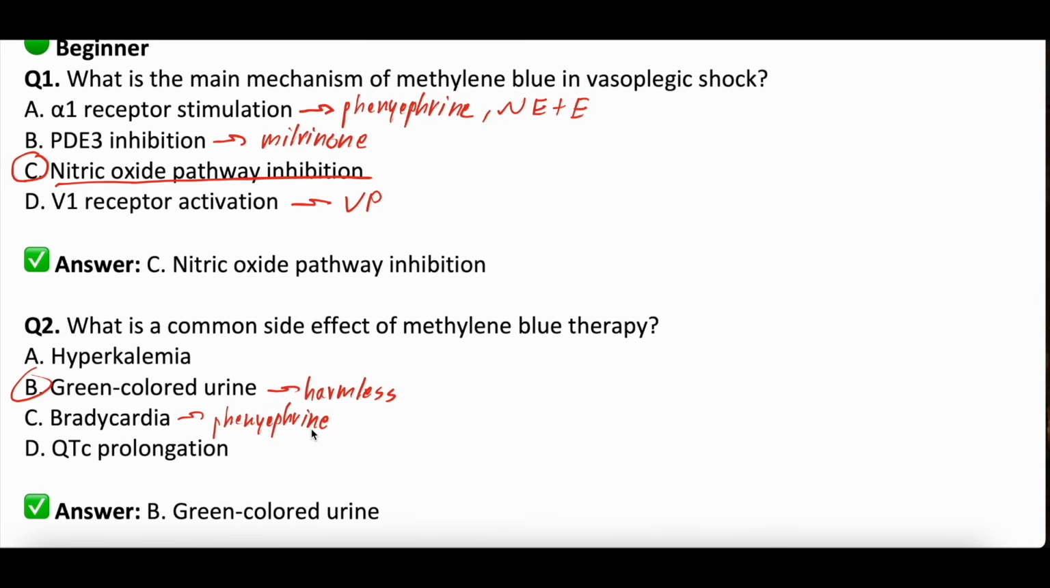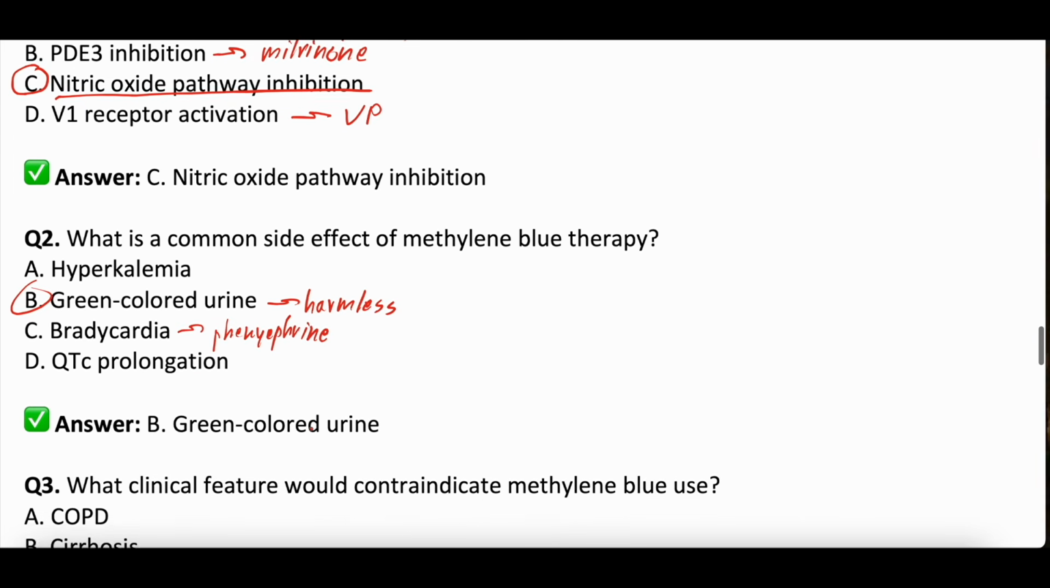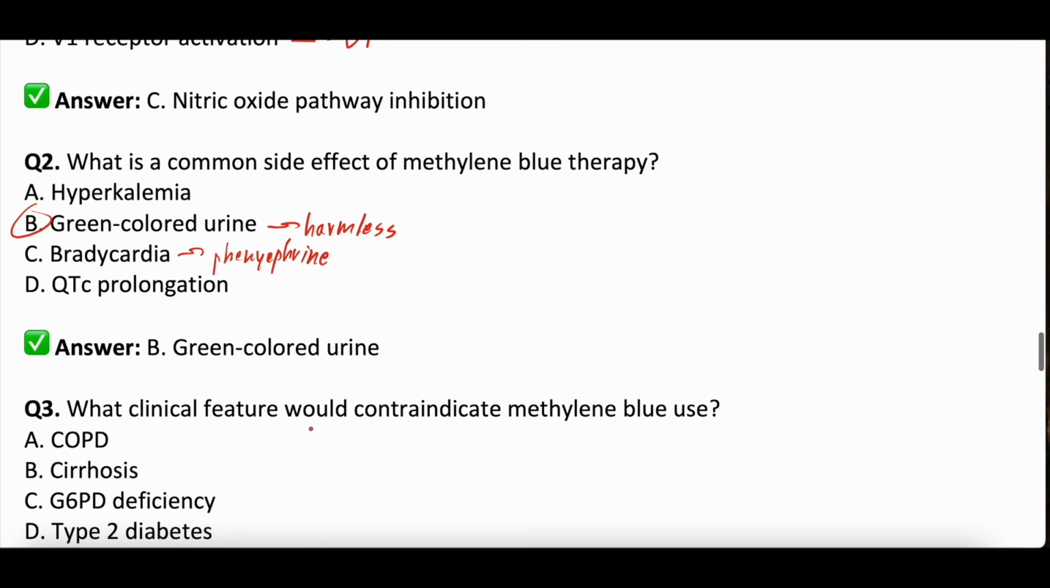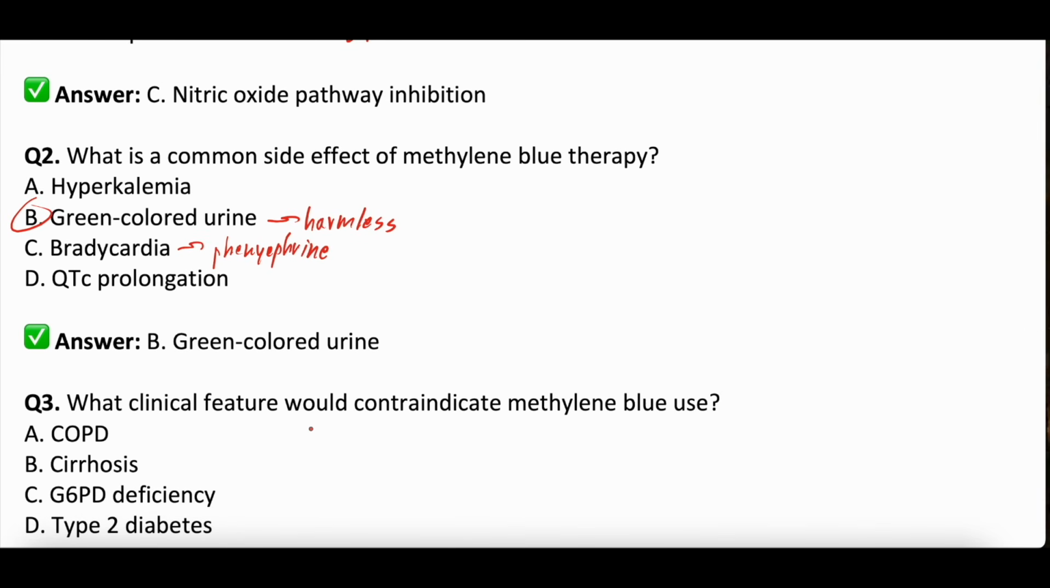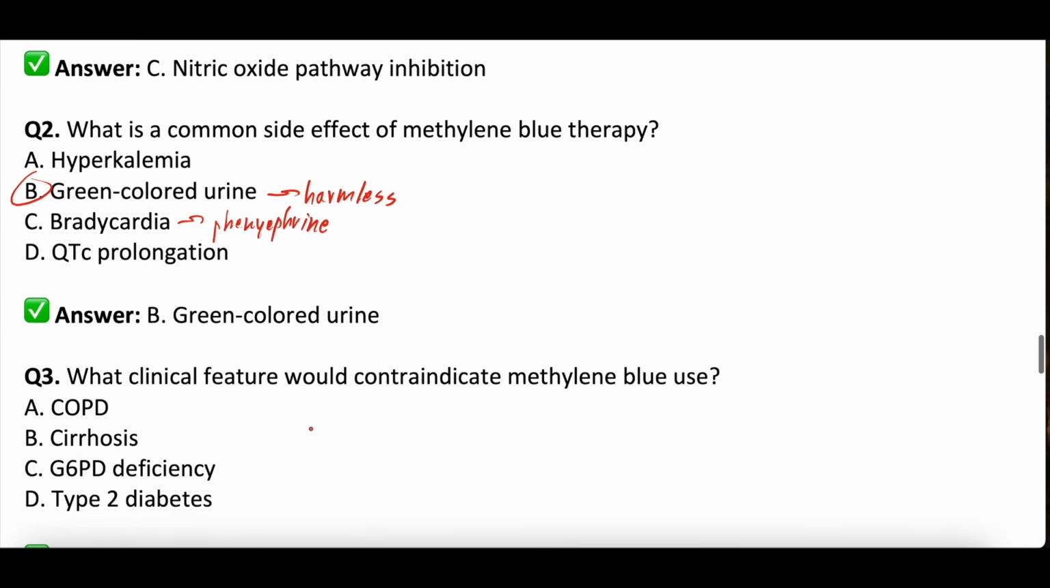So green-colored urine, side effect of methylene blue, harmless. Okay, question 3. What clinical feature would contraindicate methylene blue use? A, COPD, B, cirrhosis, C, G6PD deficiency, or D, diabetes? All right, going into the answer, pause if you want. The answer is C,